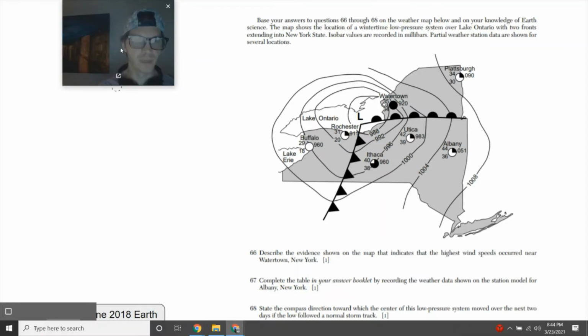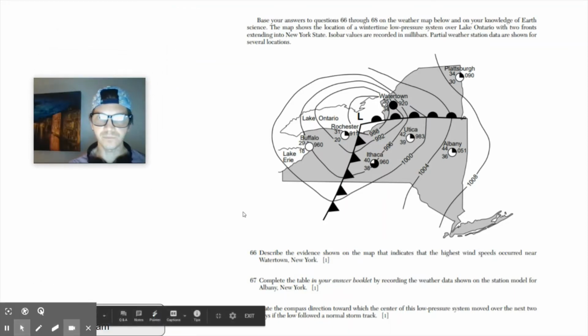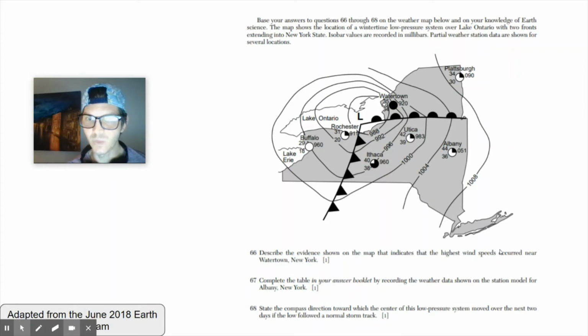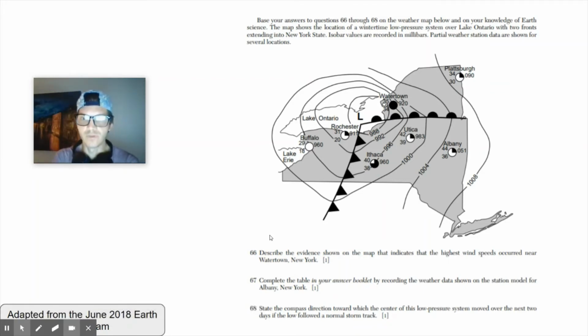So this one's from the June 2018 Earth Science Regents. 66 asks, describe the evidence shown on the map that indicates the highest wind speeds occurred near Watertown. We did this one in our last video, but we see those isobars are very close together. Another station mile. 68. State the compass direction toward which the center of this low pressure system moved over the